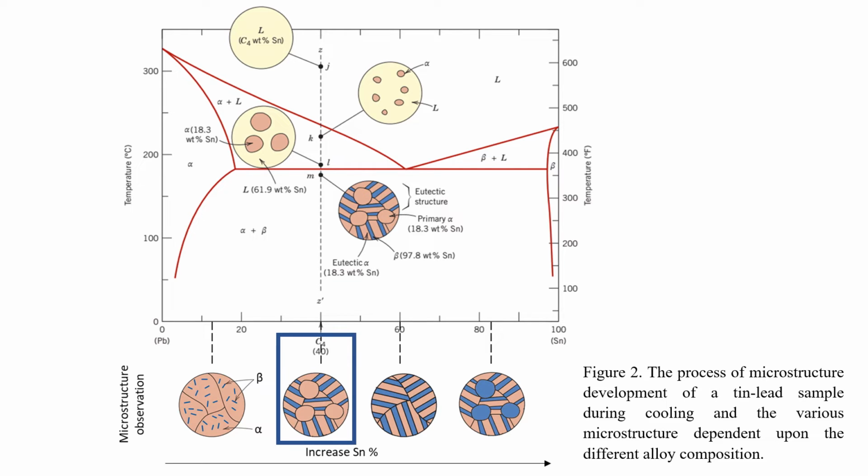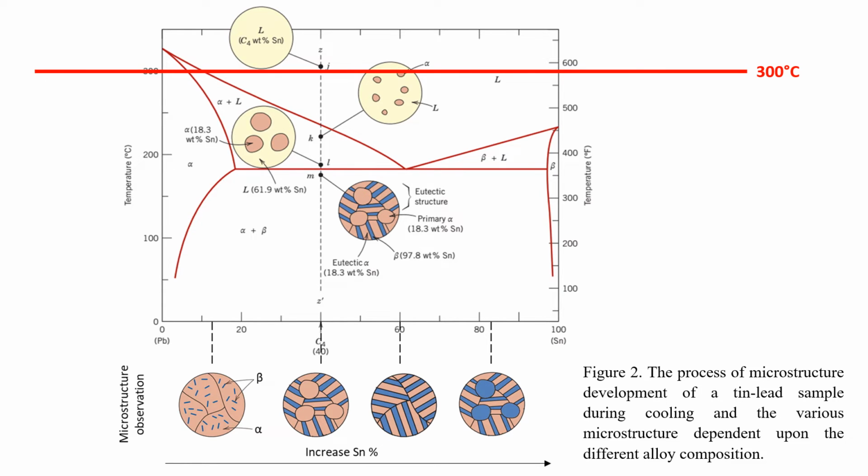Taking an alloy with a composition around 40% Sn, for example, during the smelting, when the temperature is higher than 300 Celsius, all is in one liquid phase as Pb and Sn are mixed homogeneously. Next, during casting, once the liquid alloy is poured into the mold, the temperature drops quickly,